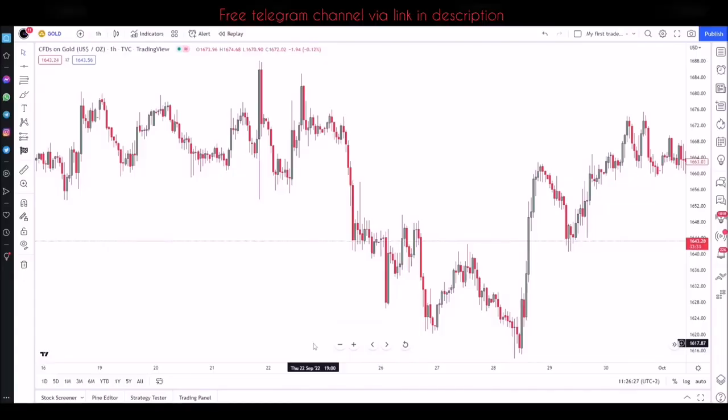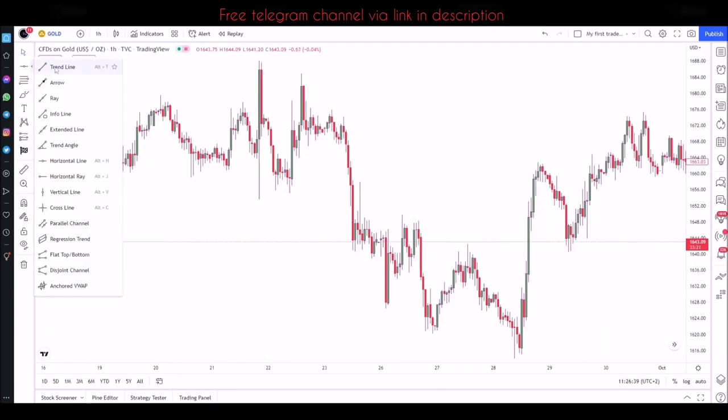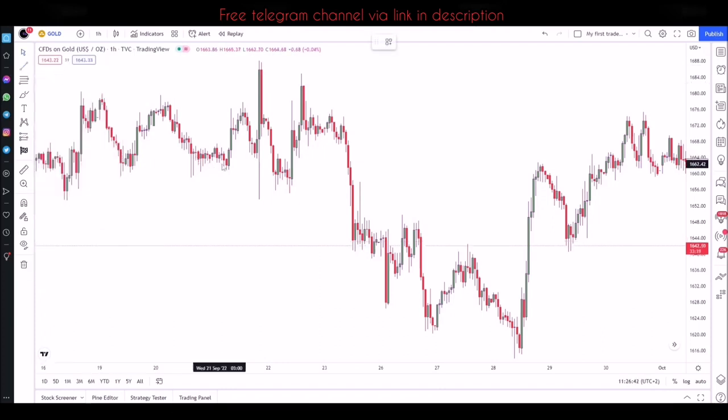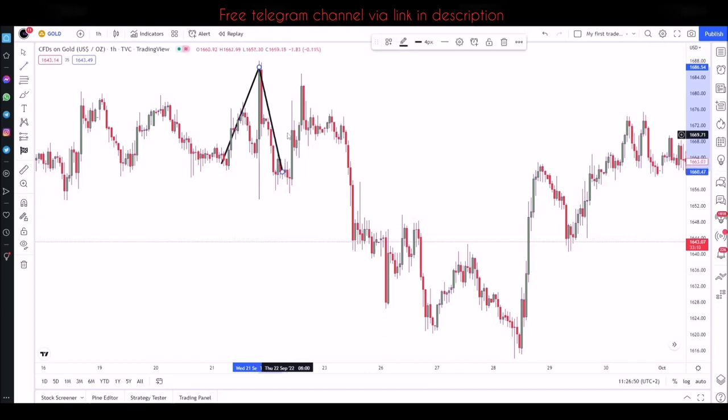So we said we are going to need 3 steps to find an entry, which is probably the high probability entry that we can get with these very simple steps. The first thing is to identify a pattern, and a pattern in this case is basically a double top, or an M in simpler terms. So in this case, we have the first leg, right? Second leg, and then